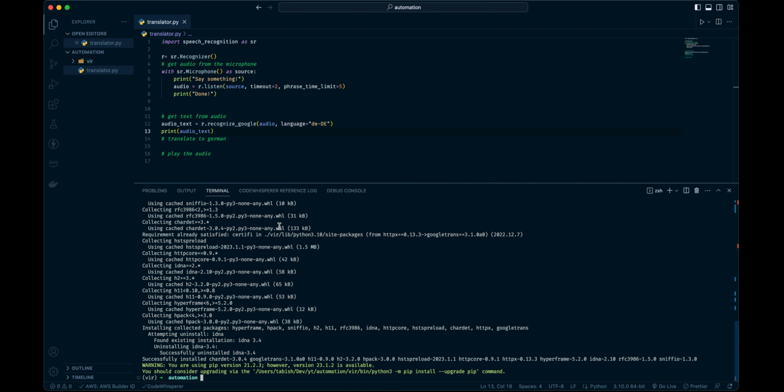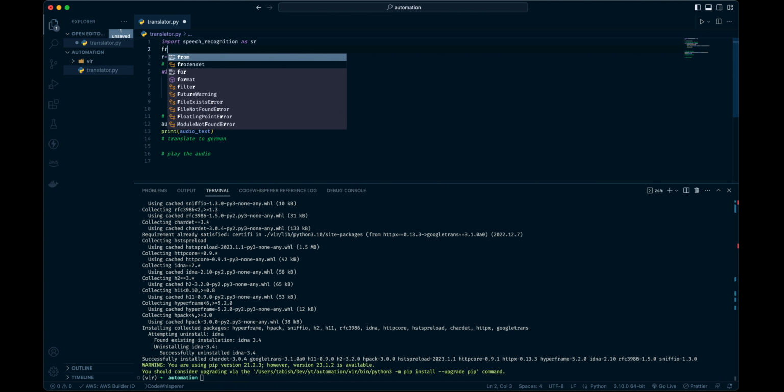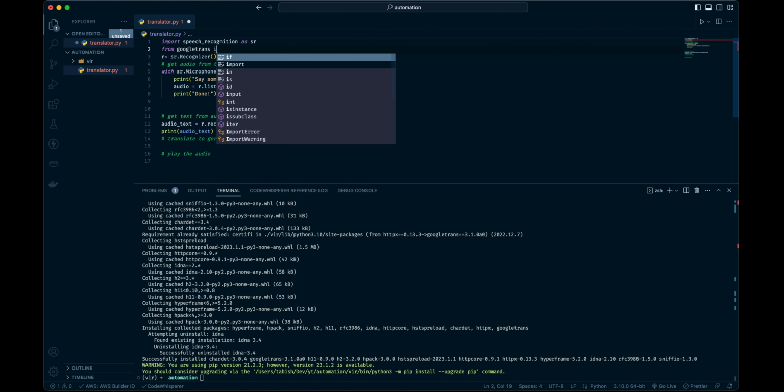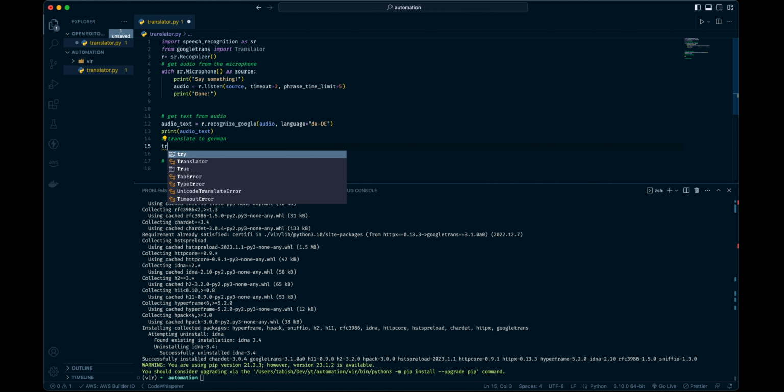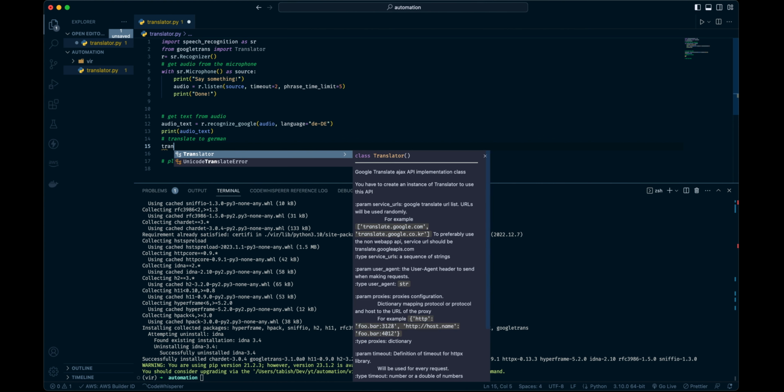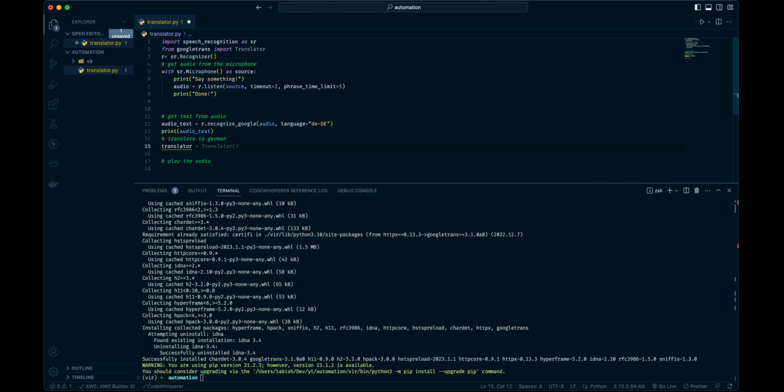Okay, and let me import Google Trans. Actually, from googletrans I'll import Translator, and now we can use this. So let's go here: create an object called translator from this class Translator, and then the result